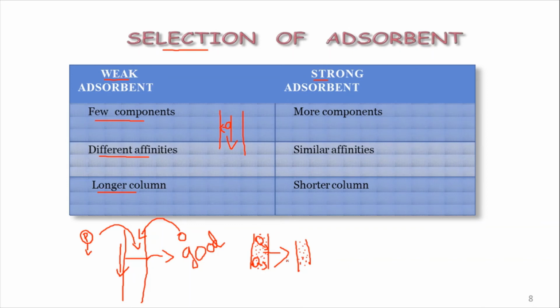It's more important. And also you are not choosing the strong adsorbent, because more components get interacted, and also we select similar affinities and a short column. So these stronger adsorbents are effectively used for separation of